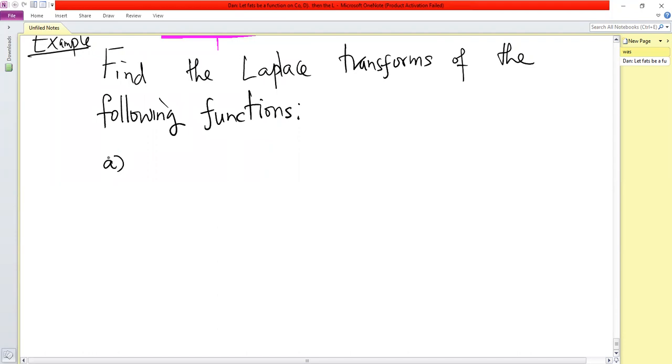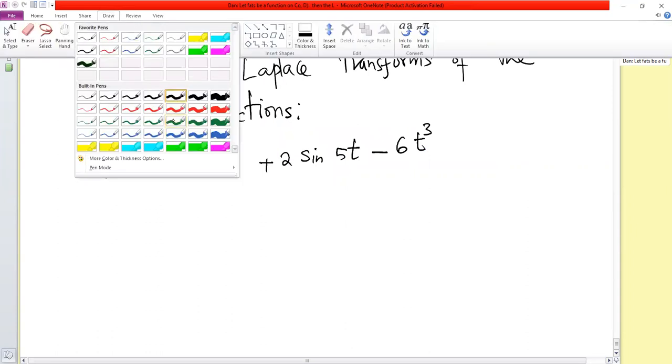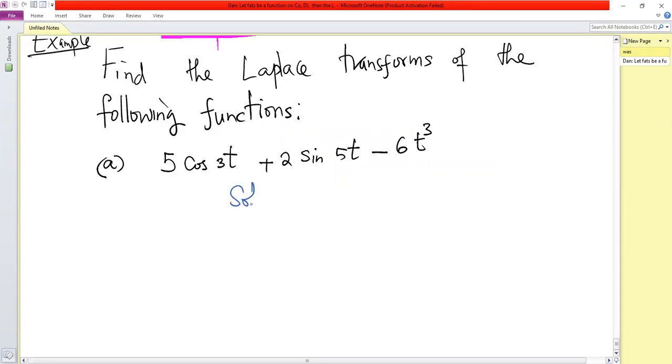So the first part of the first question: 5 cos of 3t plus 2 sine of 5t, then minus 6 t power 3. Now to solve this, the Laplace transform of 5 cosine of 3t plus 2 sine of 5t minus 6 t cubed